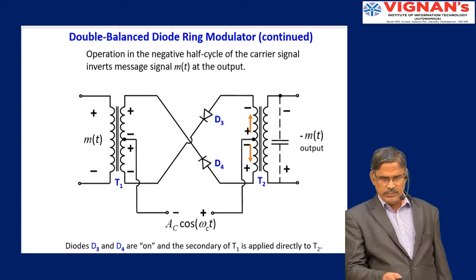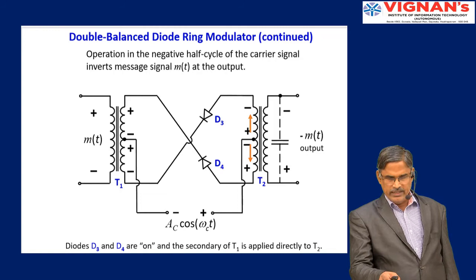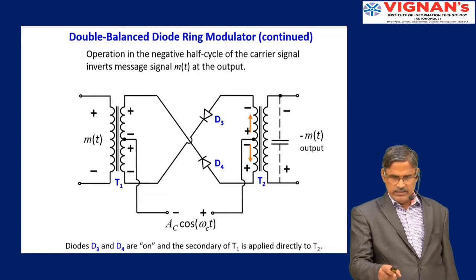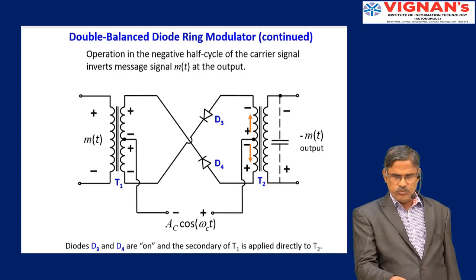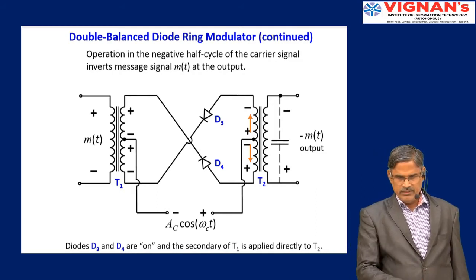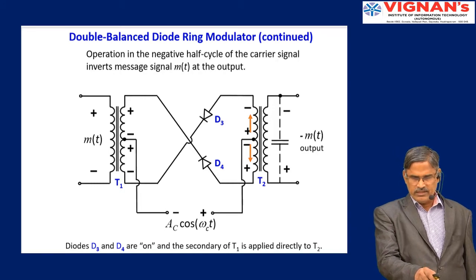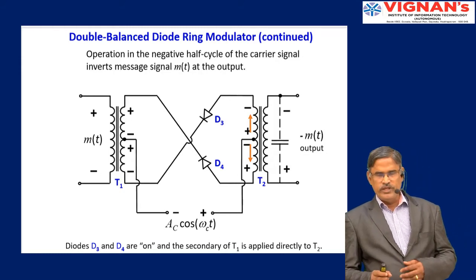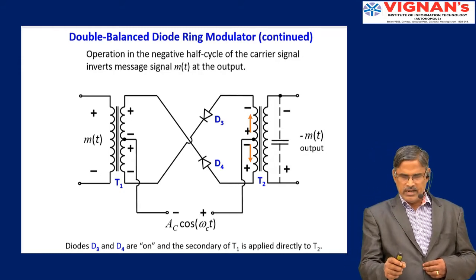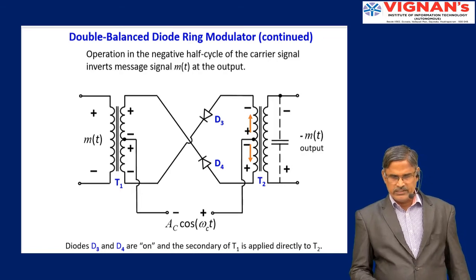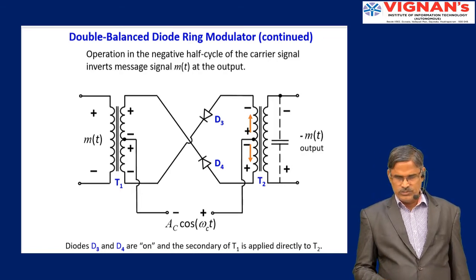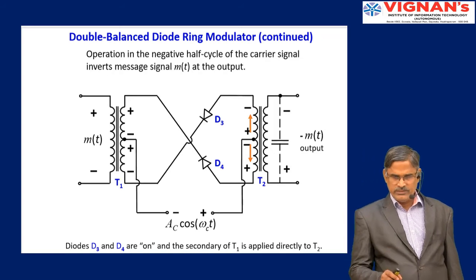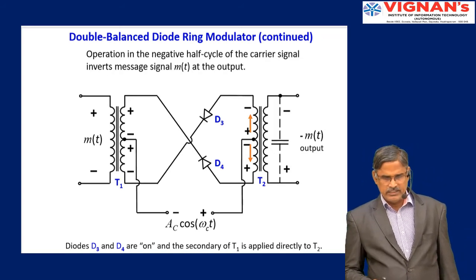Current will come through the positive side, go to the second transformer, the output transformer center point, and from there it divides. It divides into both upside and downside, and they are collected through the other transformer center tap and come to this side. So here also you can see in one end the current is flowing in the upward direction, and in the other the current is flowing in the downward direction. So the magnetic flux induced oppose each other and they collapse. They do not induce any current at the output.